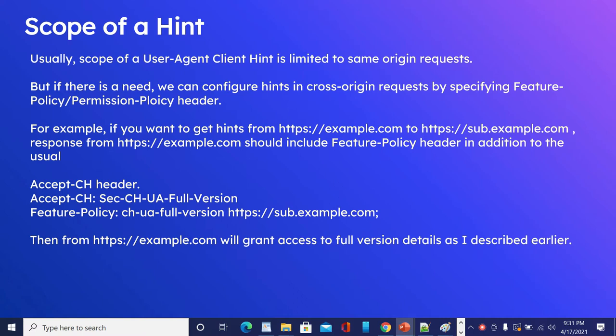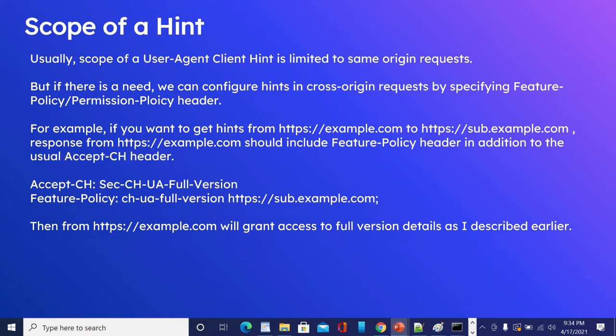Let us now see the scope of a hint. By default, the scope is limited to same-origin requests. But if there is a need for cross-origin requests, that can be enabled by setting the feature policy or permission policy header in addition to the Accept-CH header. You can see this example.